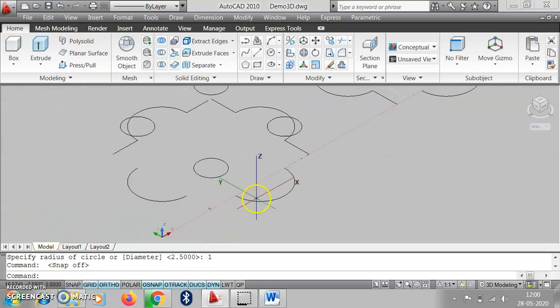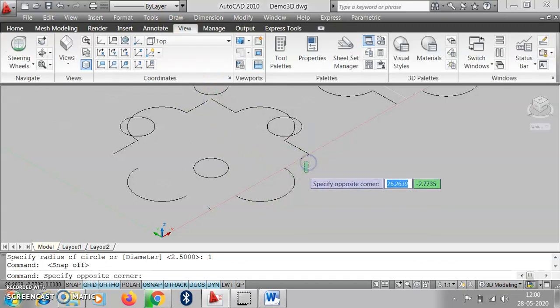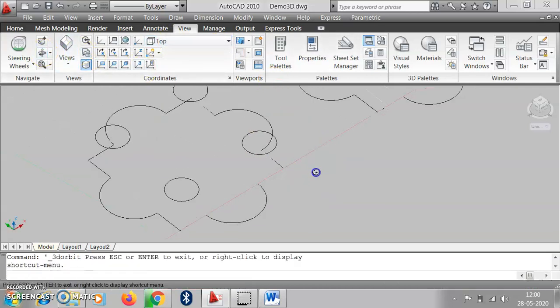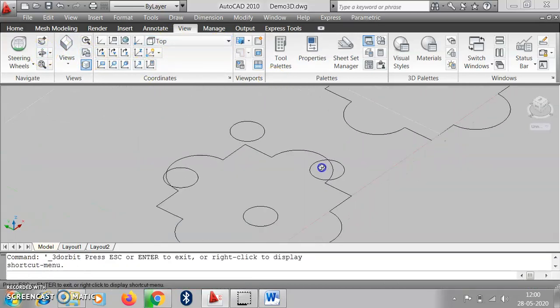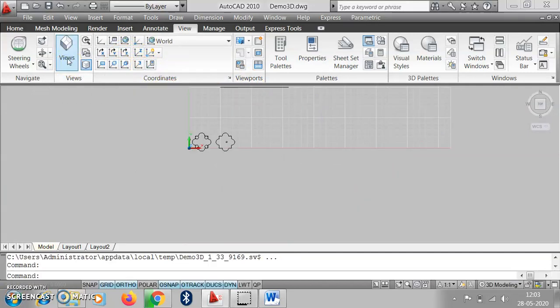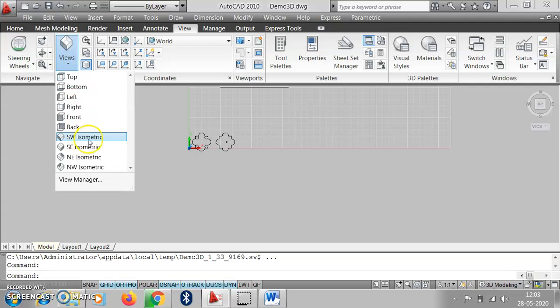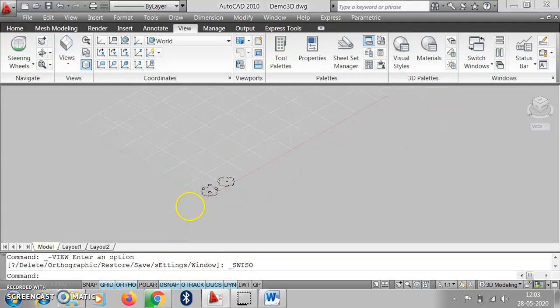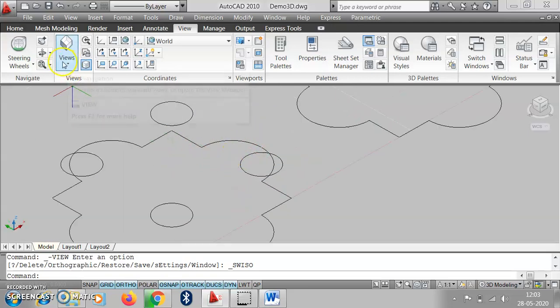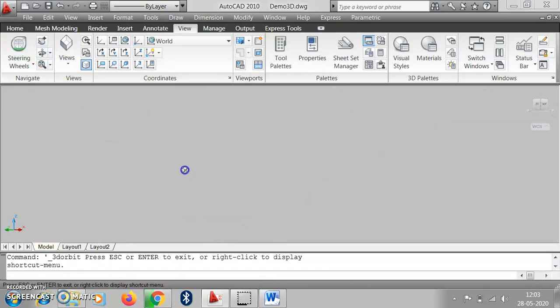If we rotate this figure in such a fashion, or we take the view, suppose isometric, we get this shape, or we take orbit again.